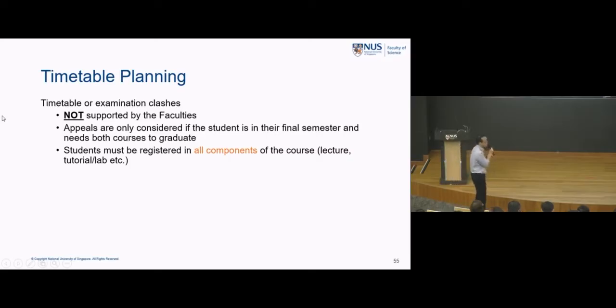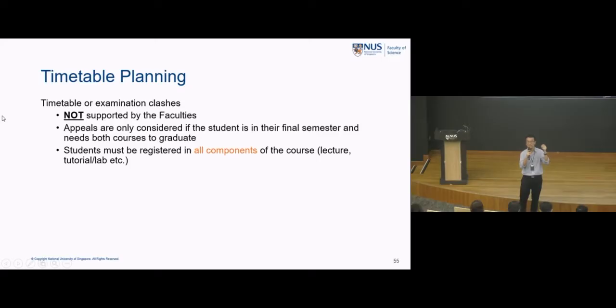And remember, even though two courses, their lecture timetable does not clash, be very careful to check what are the tutorial or the lab timetables offered for each of these modules as well. Now for year 1 courses, you usually won't run into this problem because year 1 courses are big enrollment ones. Big enrollment ones means for tutorial time slots and lab time slots, there's usually a big variety, many choices for you. Surely you'll be able to find one that doesn't clash or fits into your timetable.